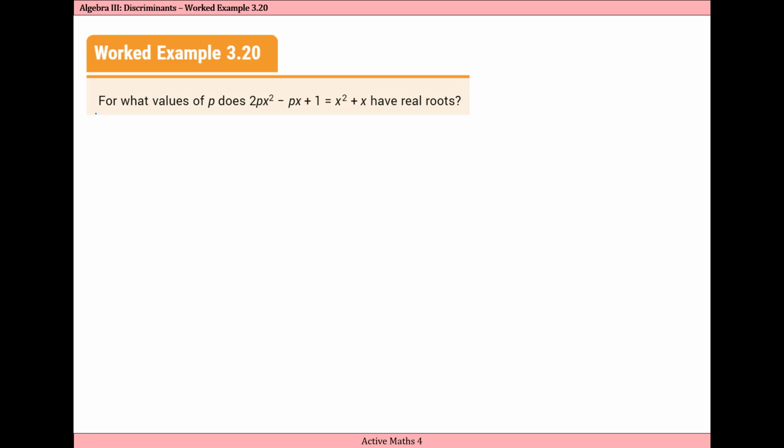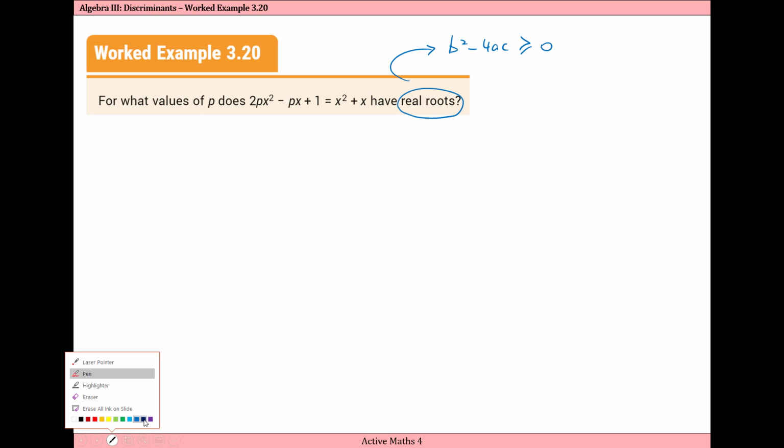So we're asked in this question, for what values of p does 2px squared minus px plus 1 equal x squared plus x have real roots? So if a quadratic equation has real roots, then the discriminant b squared minus 4ac will be greater than or equal to 0. So the first thing we have to do is rewrite this quadratic equation in